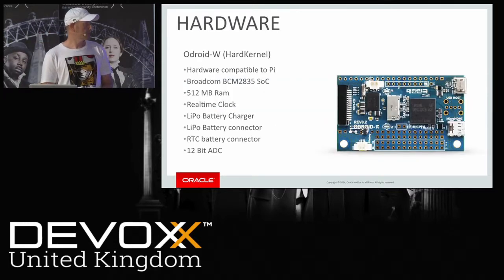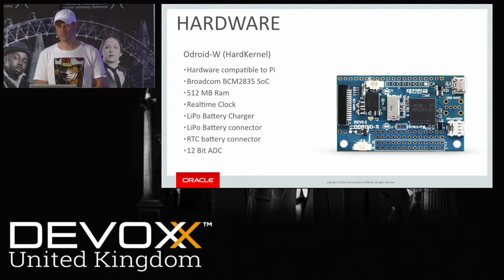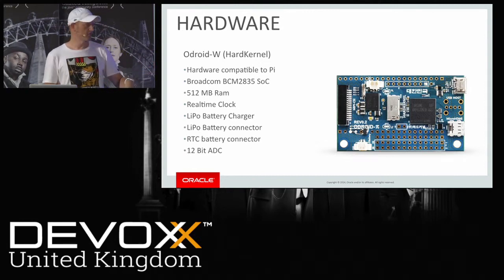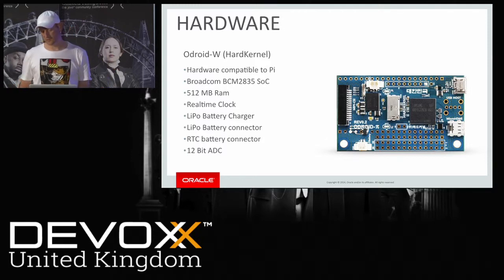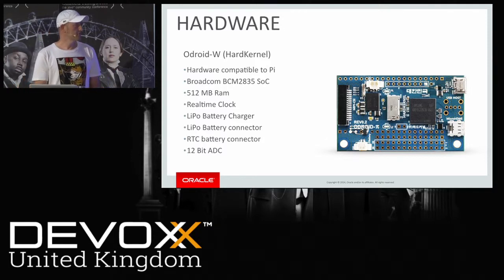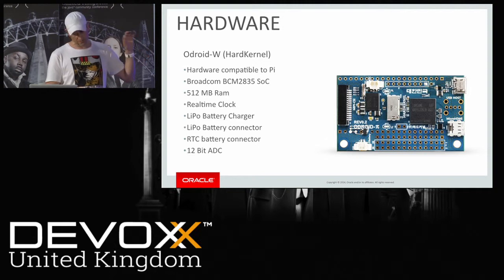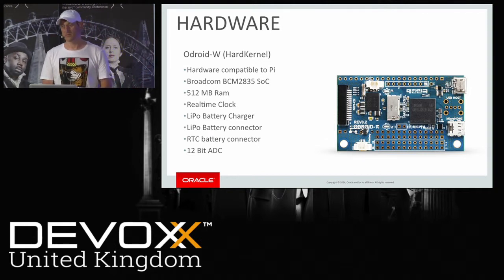So the whole thing is running on that little friend here. Does someone know that thing? This is an awesome device. In principle, this is a Raspberry Pi on steroids, because it's hardware compatible, and the W is for wearable, and it has some additional features, like it has a charger for lithium polymer batteries, and it has a real-time clock on board, and it has a connector for a real-time clock battery, and it has also a 12-bit analog digital